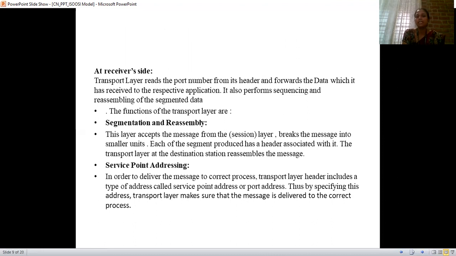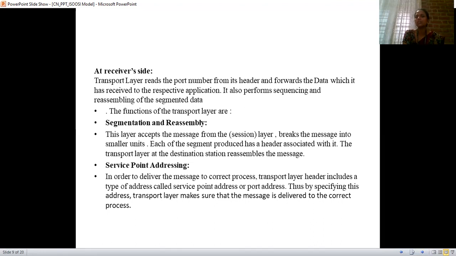At the receiver side, the transport layer reads the port number from the header and forwards the data it has received to the respective application. It performs sequencing and reassembling of the segmented data. The functions of the transport layer are segmentation and reassembly. That means this layer accepts the messages from the session layer and breaks the messages into smaller units.